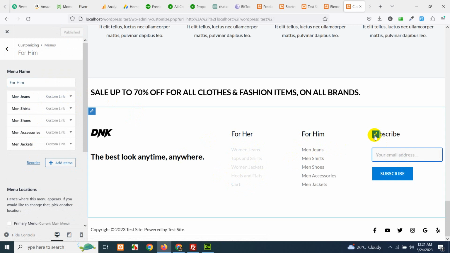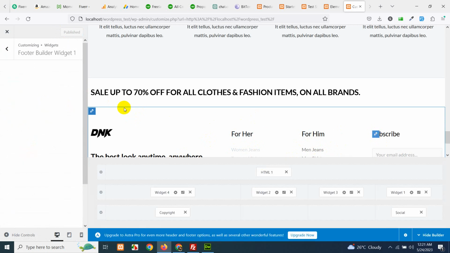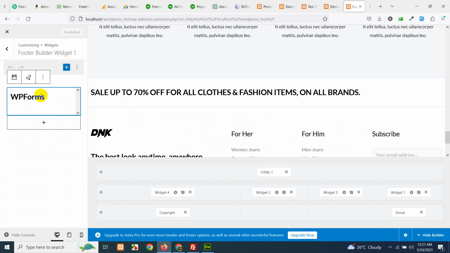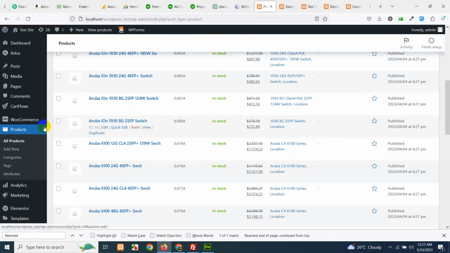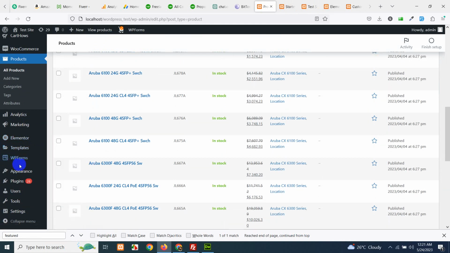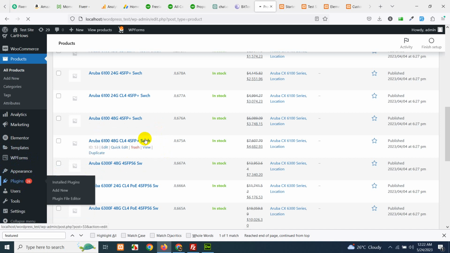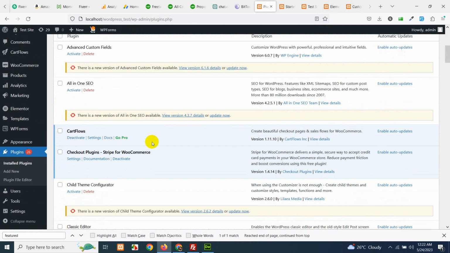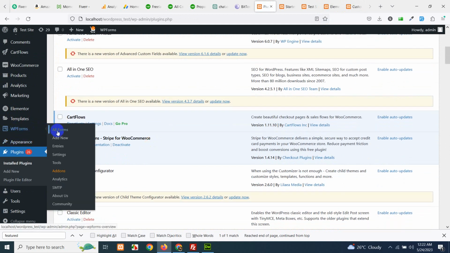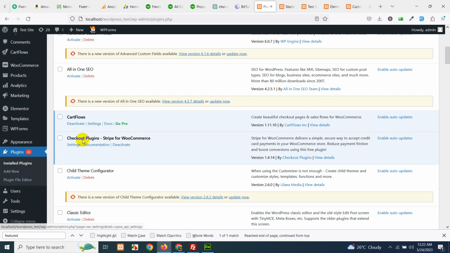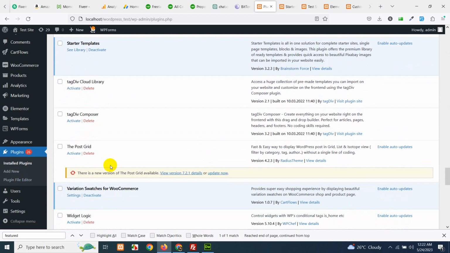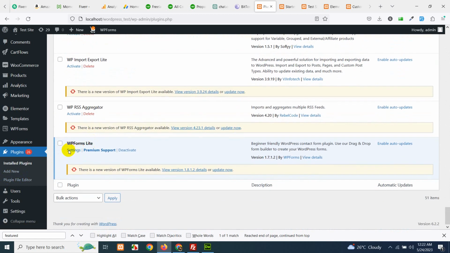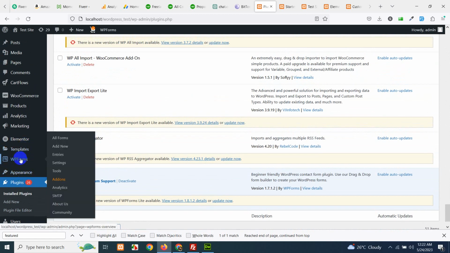Similarly, for this menu, you can also change it here. The subscribe, this is a shortcode, maybe from the MailChimp plugin, or just the WPForms. Okay, it's WPForms. WPForms is also a custom form plugin which is installed by this demo theme. Go to plugins section, and you have the WPForms activated there. If you want to see which form and how to edit the form and how to make your own fields, then go to WPForms section, click on all forms, and edit the form you want. So in plugins, scroll down, and you will be able to see WPForms Lite there. Okay, if you go to forms and all forms,